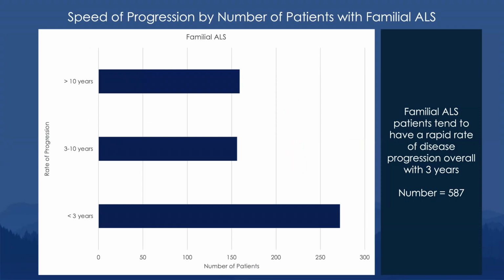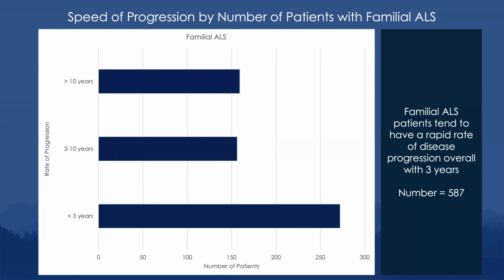So we talked about age of onset and potential genomic associations. Let's talk about the rate of progression of disease. So again, this is the overall view for those patients with sufficient longitudinal information depicting the rate of progression for their disease. And that's a smaller number than the 2006 that I alluded to earlier, again, because it requires more longitudinal understanding, but that's still a substantial number of patients, here numbering 587.